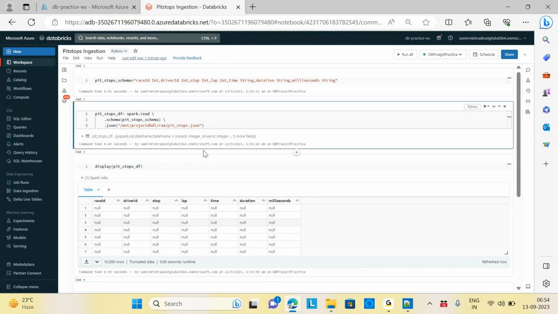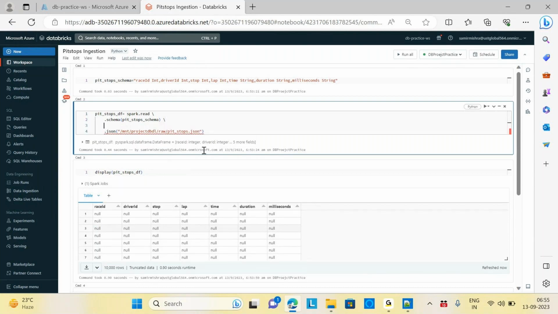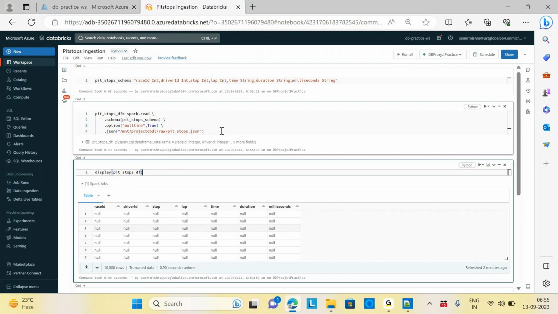So for that, we need to use one option. Whenever you have a multi-line JSON, we need to say dot option. Inside that, I need to put multiLine equals true. By default this option is false. If you say multiLine equals true, then it will consider the JSON file as multi-line and read it line by line. Okay? Hit enter. Now if you read this now,